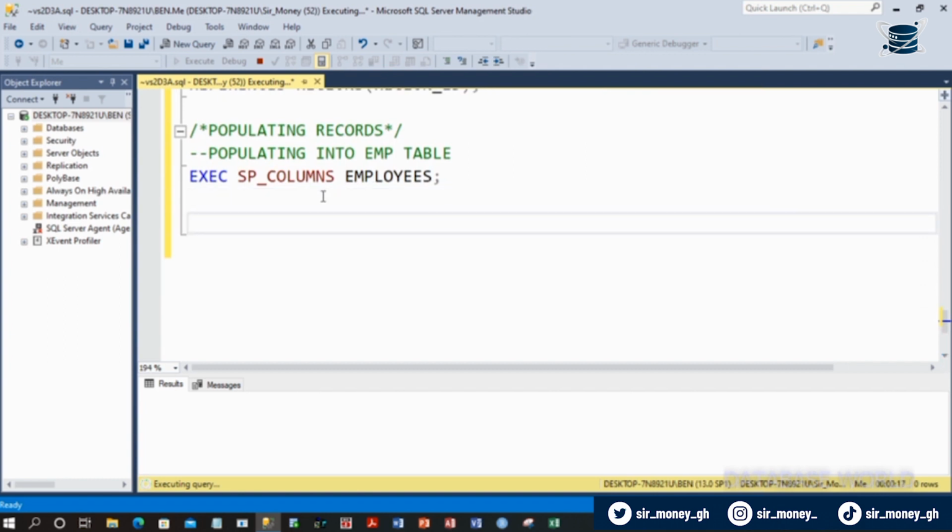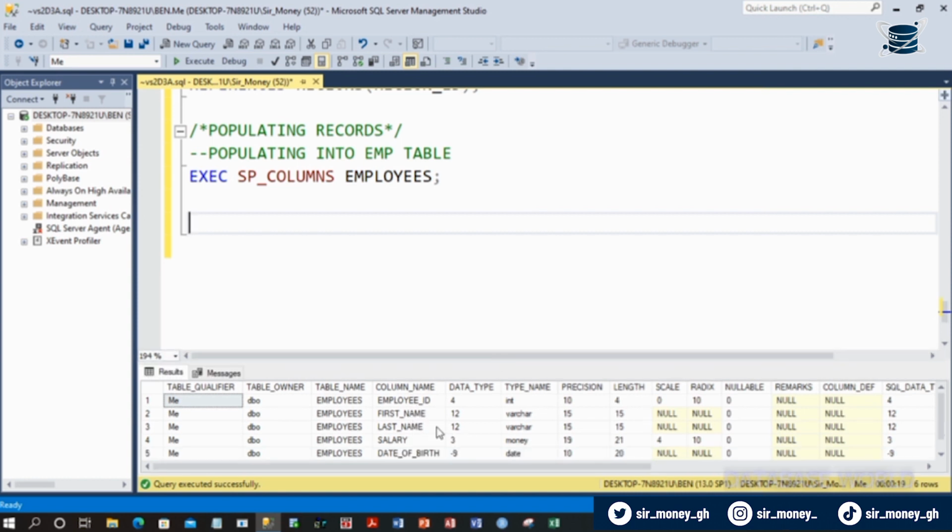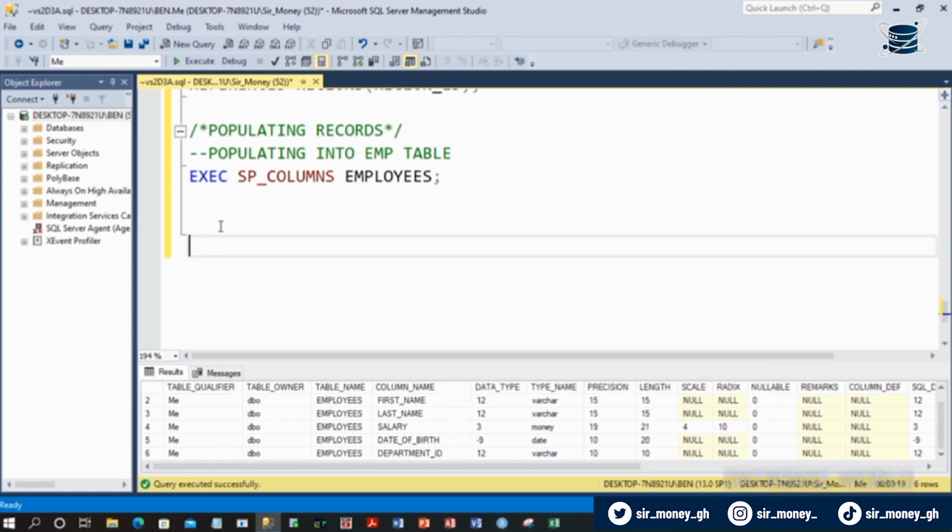So I'll go insert into employees values. Then I'll open parentheses. So my IDs are integers. Let's check the data type for the ID. I think it's integer, so we are going to use numbers. So 1 for ID 1, then the person's first name,